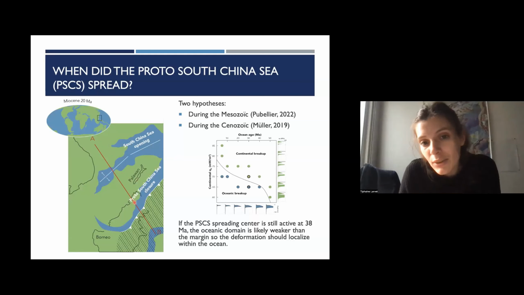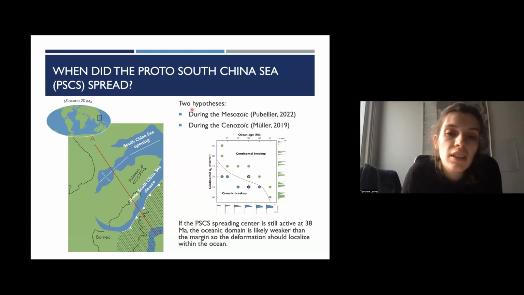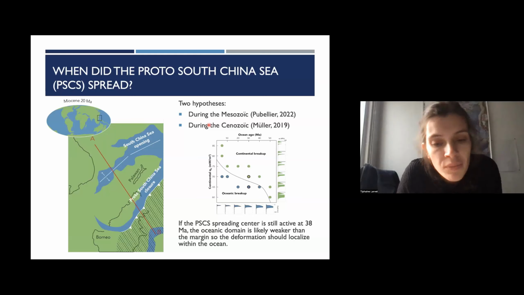So people are wondering about the age of the spreading within the Proto-South China Sea, and there are two hypotheses. First, the Proto-South China Sea is a Mesozoic ocean, and secondly, the Proto-South China Sea is a Cenozoic ocean.